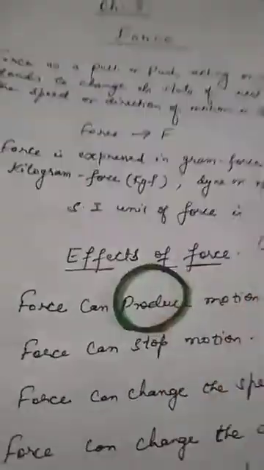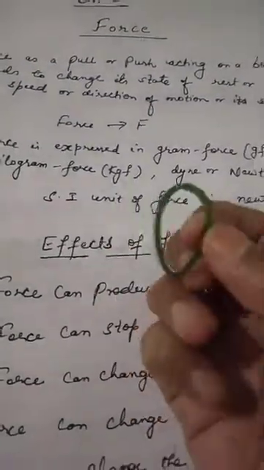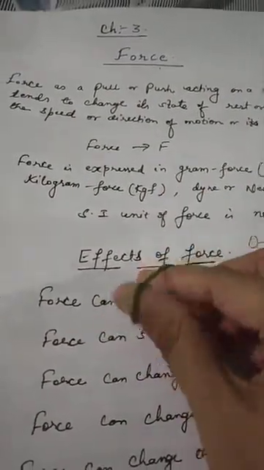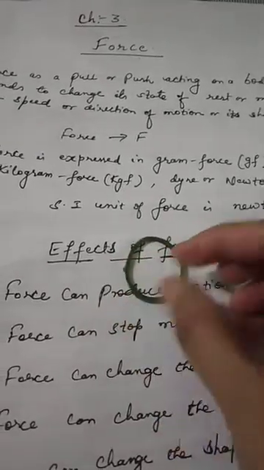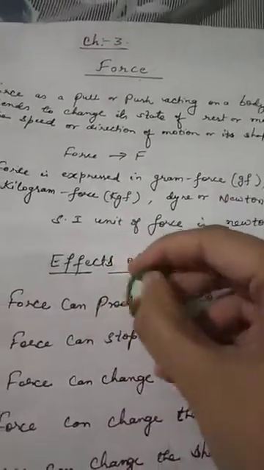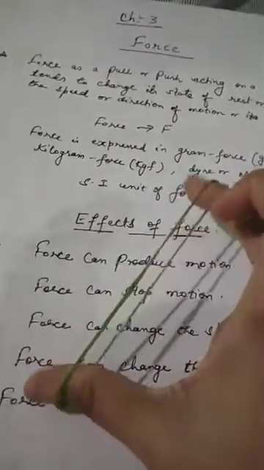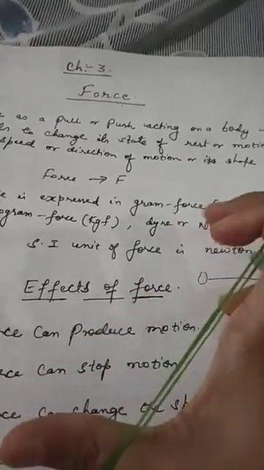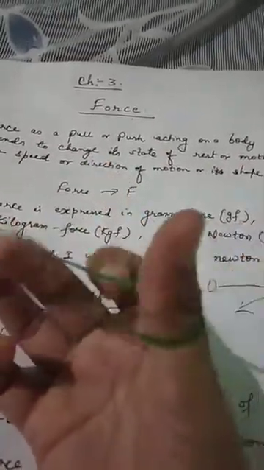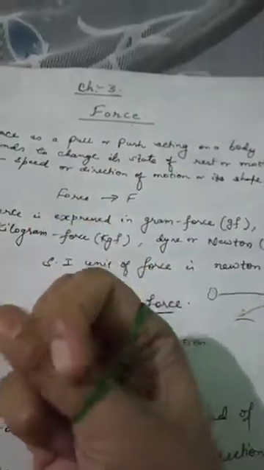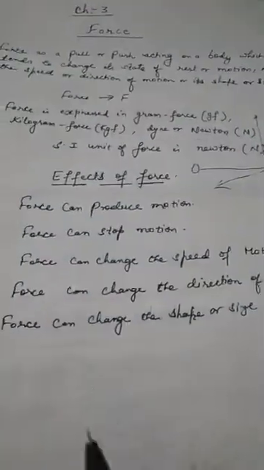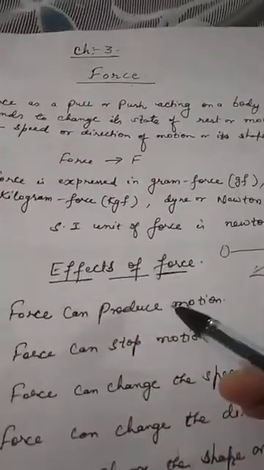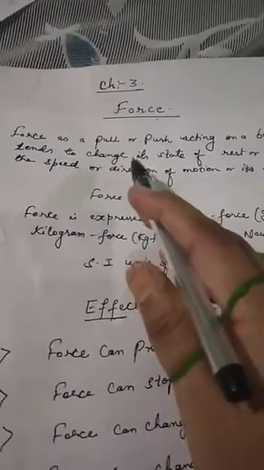Okay. Now take the example of this rubber band. You can see, if I apply a force on this, it will change its size. You can see it is very small now. If I apply a force, then we can change the size and shape of this rubber band. You can see its shape can also be changed. So, a force can change the shape or size of an object. So, I hope the effects of force are clear to you. And what is force? This is also clear.